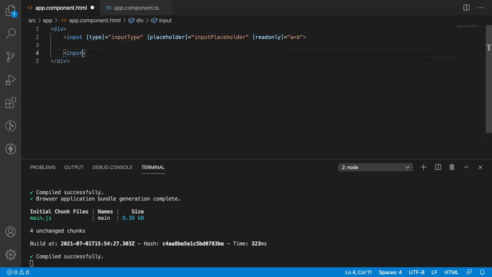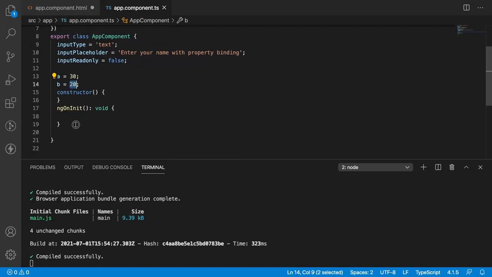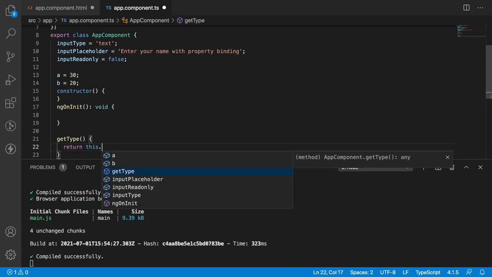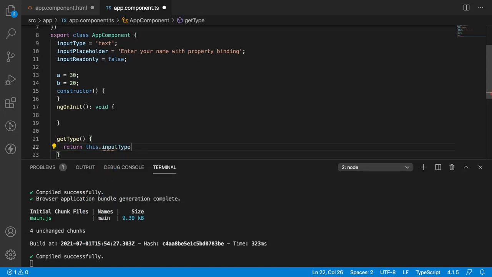Let me create one input field with type equal to getType. There is a method called getType. Copy this method, go to the TS. Let me write the method getType, and this will return this.inputType.